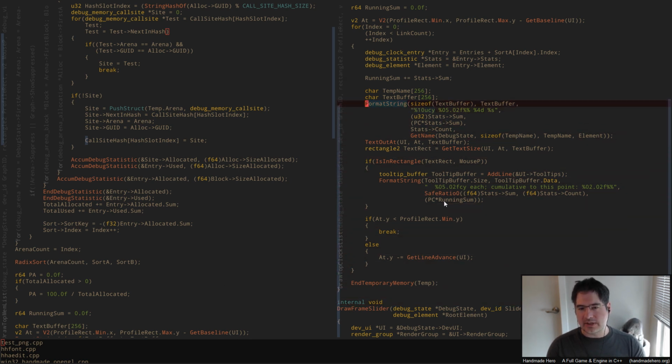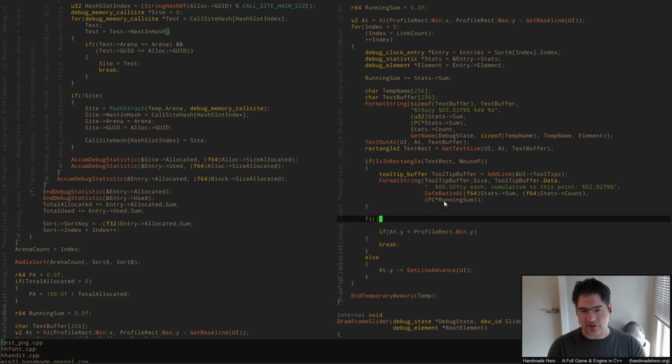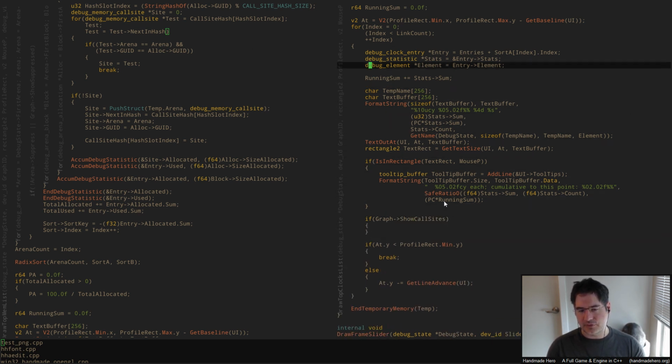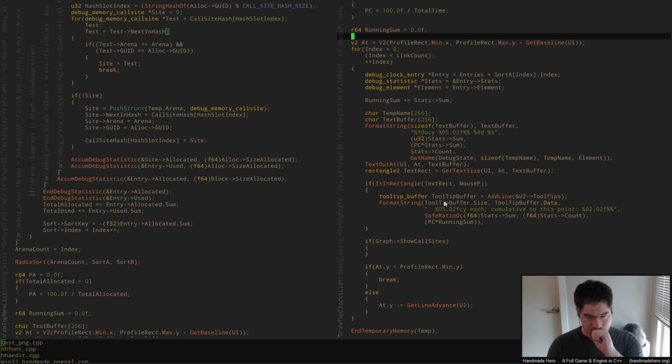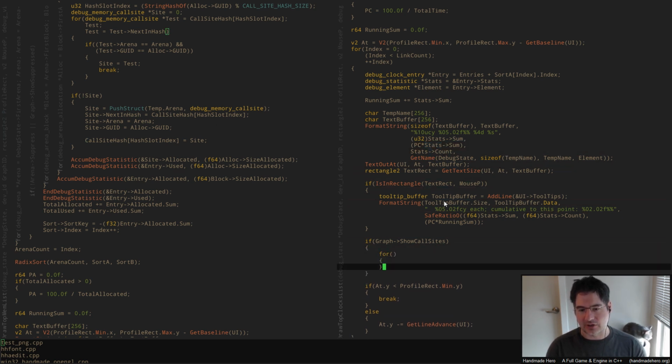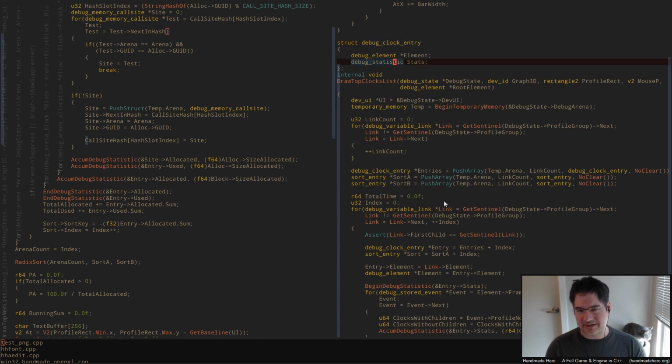So what I'm going to do is we're going to print this thing out, and then if that call sites thing is true, so if we said show call sites, then I want to go through my hash table, and for anything that's in this arena, I want to print out those call sites one by one. Now, I could use a chain to do that, but I don't care, so I'm not going to, because it's just not going to cost me enough time. And plus, this number,